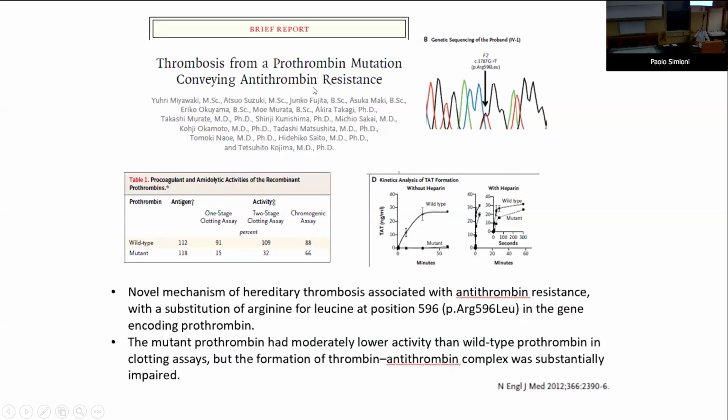And these are mutations in the prothrombin gene. And the prothrombin gene is very interesting, because I told you that antithrombin blocks the active enzyme, so it blocks thrombin. But this prothrombin, that is the precursor of thrombin, is modified in a way that antithrombin is not able to block the function of thrombin. So it's like having a defect of antithrombin, but in this case, antithrombin is present, but cannot block the